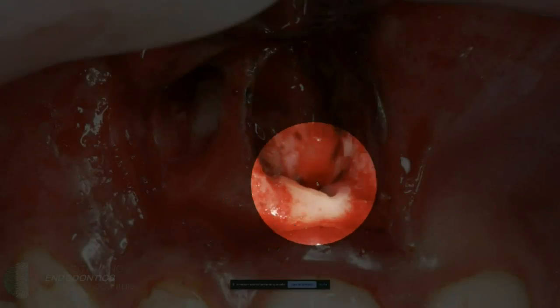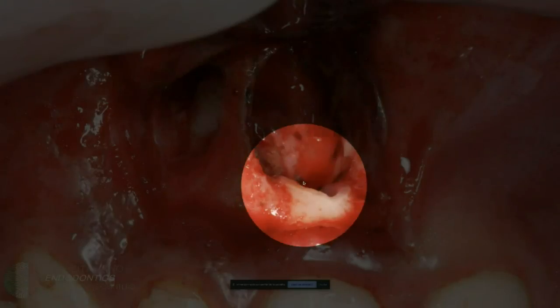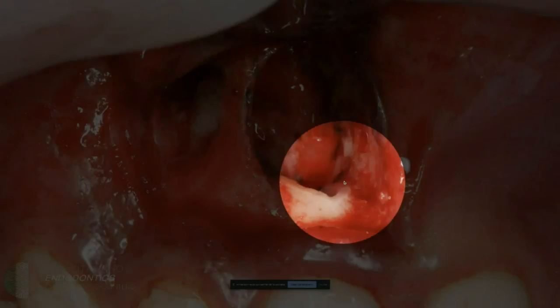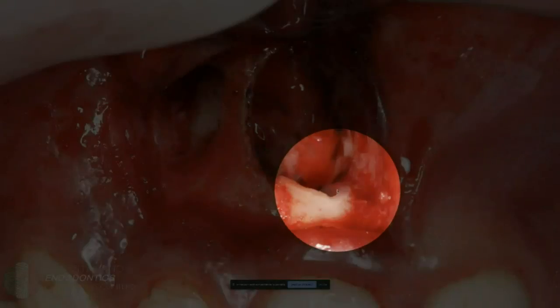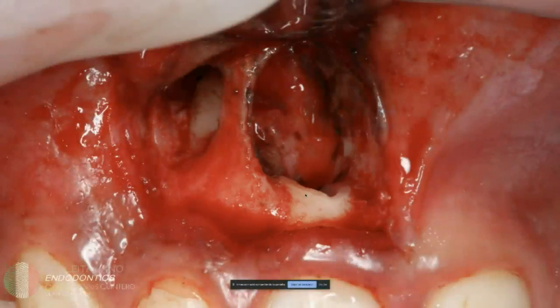And if we go from the coronal root portion, we have a very short root, but we also have a very irregular apex, and also you can see that we have a very wide